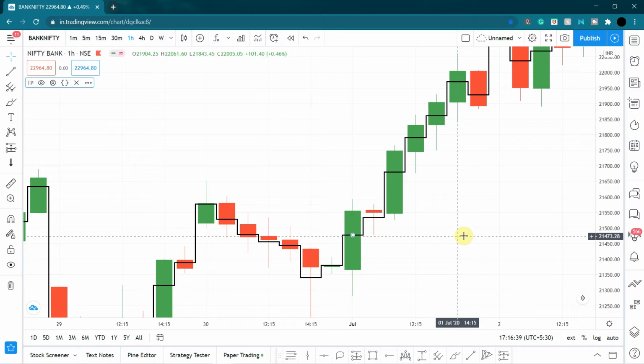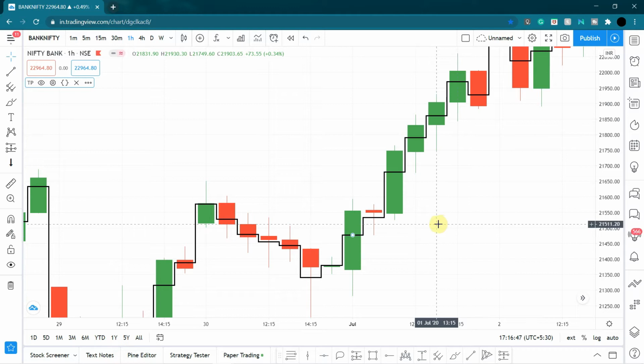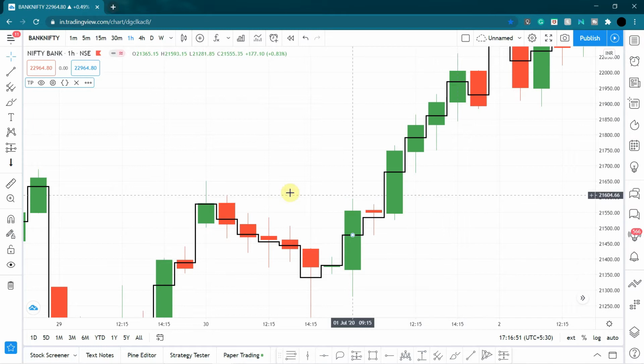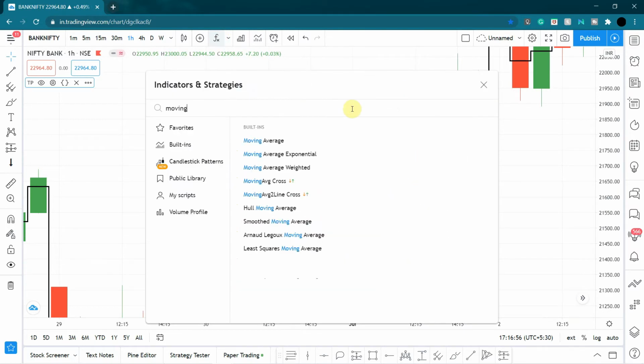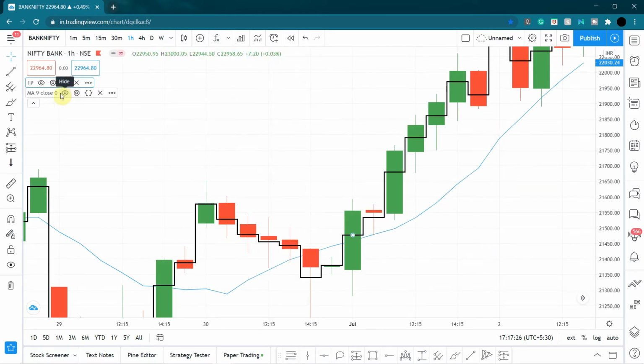So just in case you're not using TradingView or you're using some other trading software that does not provide you with the typical price indicator, all you need to do is just select the indicator option and type in moving average. Now moving average is an indicator that will be available in literally every trading platform. So having a moving average indicator is not a big deal. Just select the moving average, and after that, go to the settings of that particular moving average indicator.